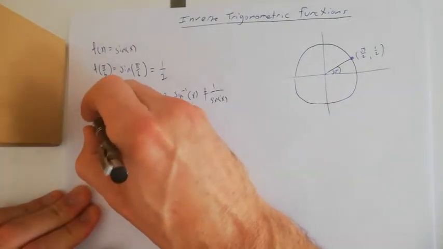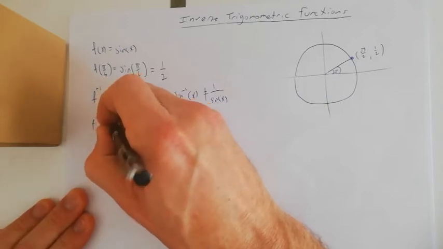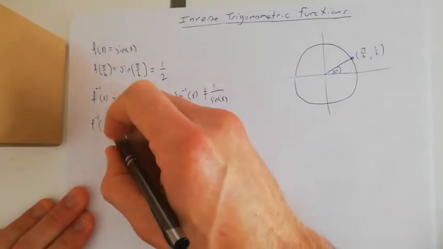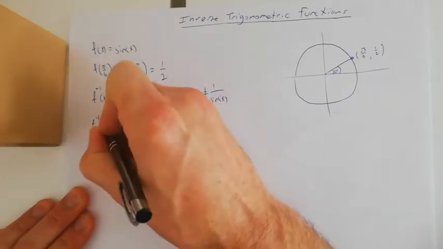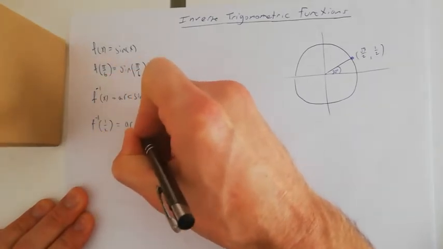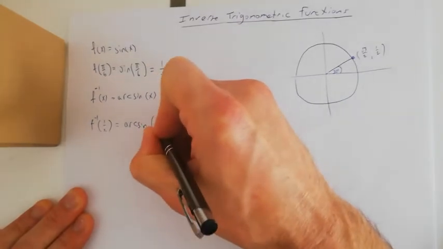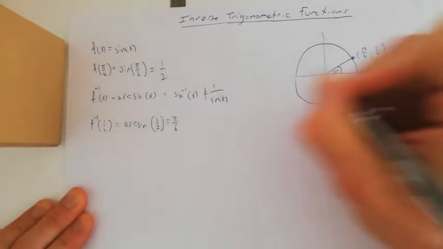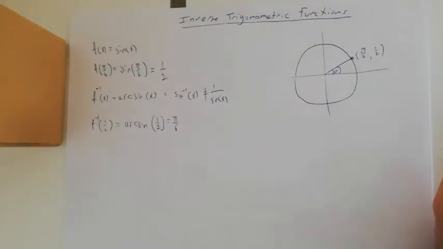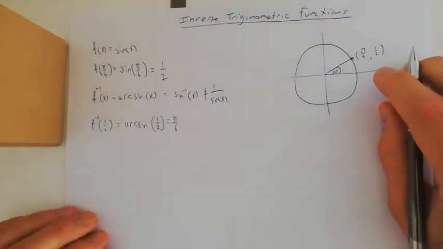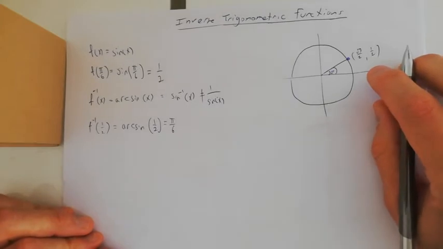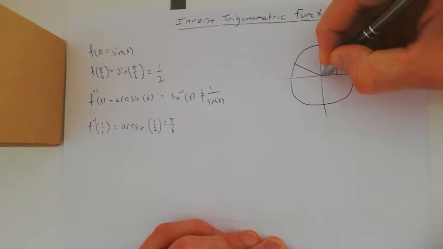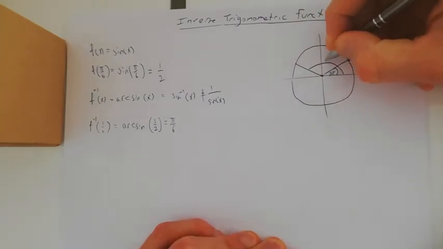So when the inverse function takes us from y to x, that means that if I ask it how much is the inverse of 1/2 or arc sine of 1/2, the answer of course is pi over 6, and that's what the inverse function gives us. However, for example, pay attention that here there is another angle, this angle here, that is